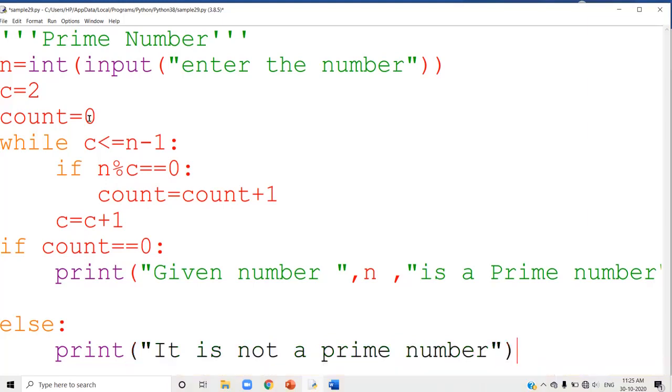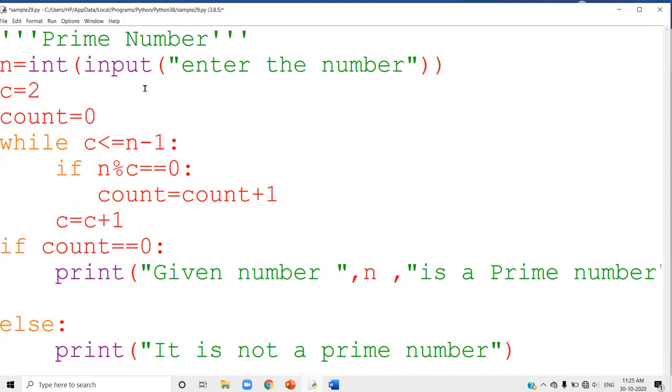Understood? If the count value is 0, then you can say it is a prime number. If the count value is not 0, then you can say it is not a prime number. You can give a proper message also there: this number has this many factors, so it is not a prime number.